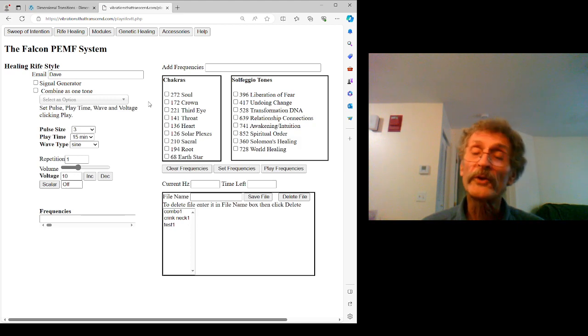In this case, we showed it playing 1 frequency at a time. You can, at least for the sound frequencies that come off the computer, play multiple frequencies at the same time. In order to do that, you want to select the combo as one list. So if we want to play, let's say I'll choose 3 of these. Now, even though this says pulse size 3 seconds and 15 minutes, take into consideration that if you hit the combine at 1, it's going to combine everything at 1, and you won't hear them individually.